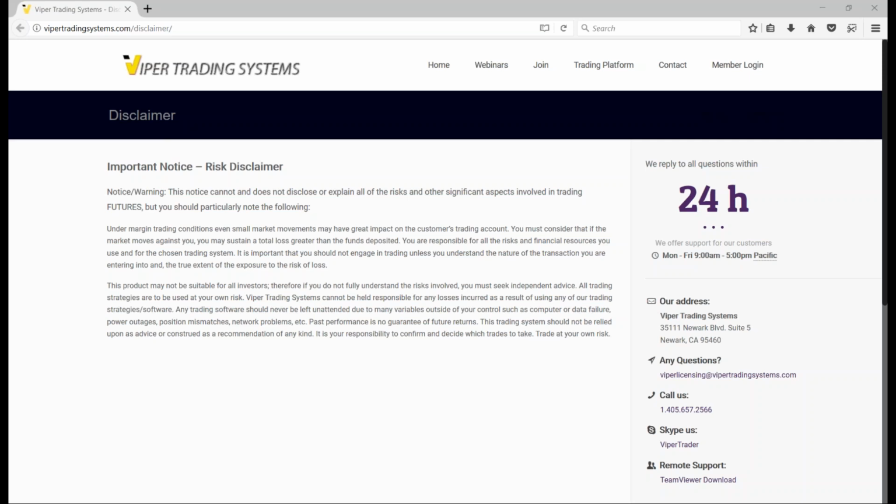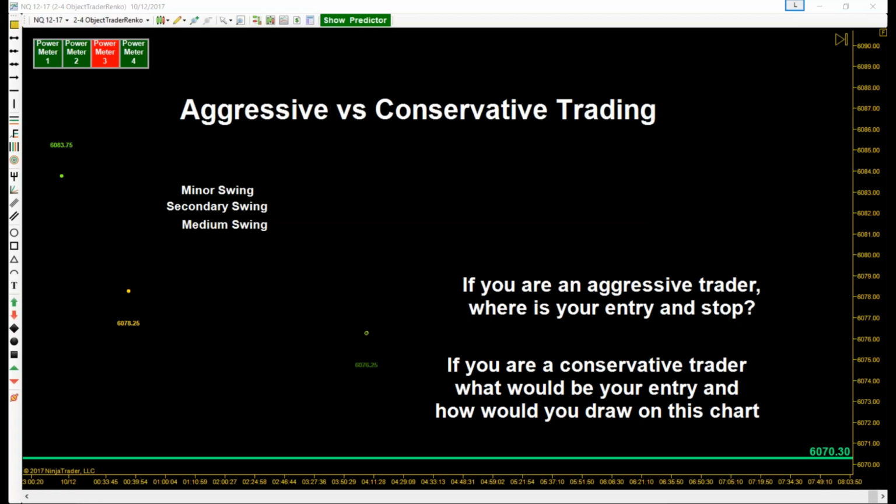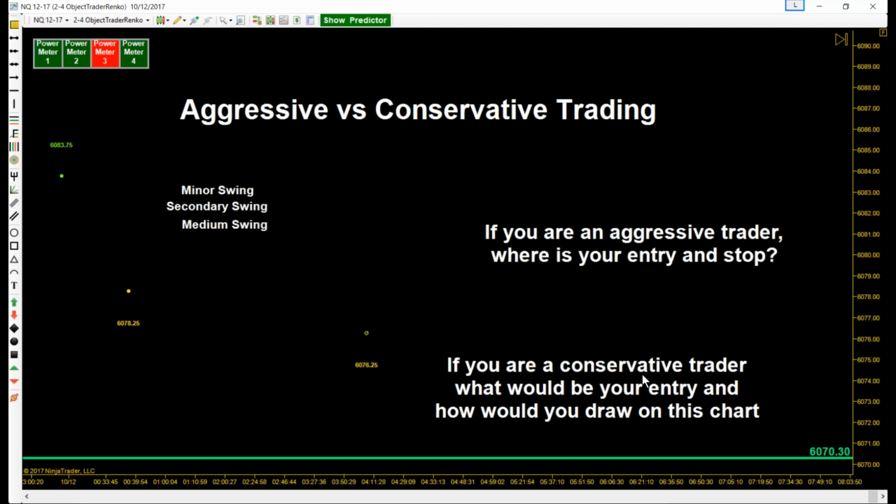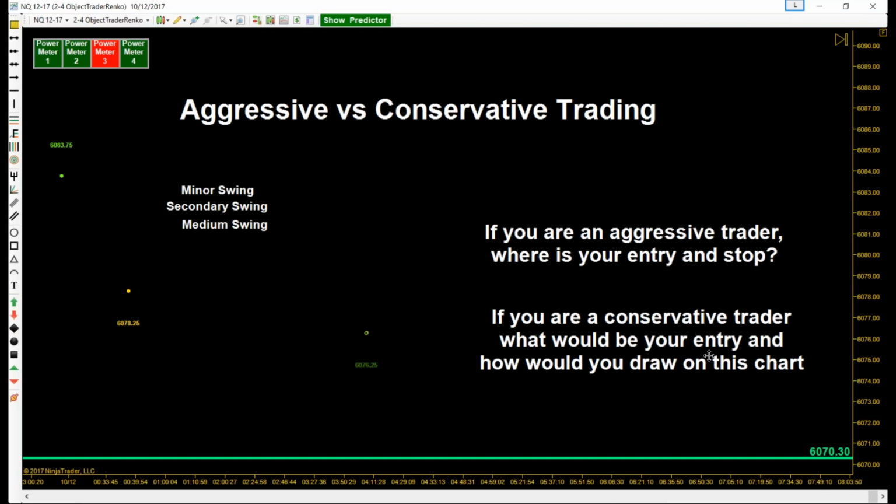Okay, let's go ahead and I'm going to show a chart, and let's diagnose it real quick. Don't peek at your own. That's not fair. All right, this is an NQ chart. This is an actual chart, and we're going to talk about aggressive versus conservative trading today. Let's go ahead and put lightning 1